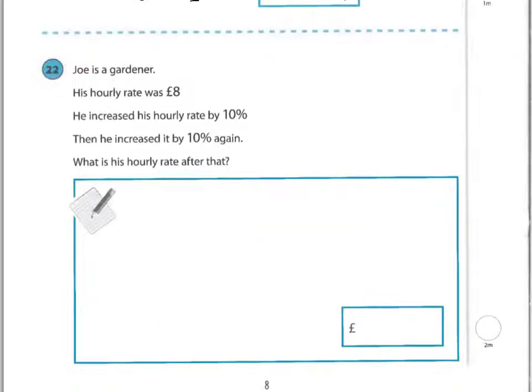question. Joe is a gardener. His hourly rate is £8. He has increased his hourly rate by 10%. Then he increased it again by 10%. What is his hourly rate after that? So, if his initial rate was £8 and he's going to increase it by 10%, 10% of £8 would be 0.8, so that's 80p. So his new rate would have been